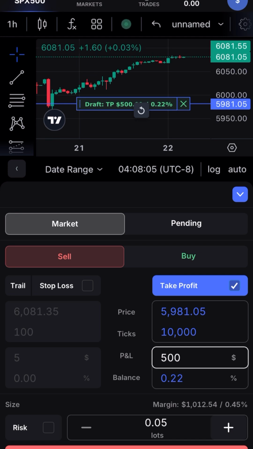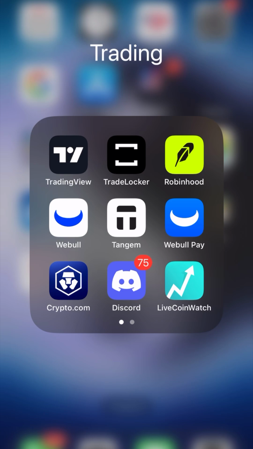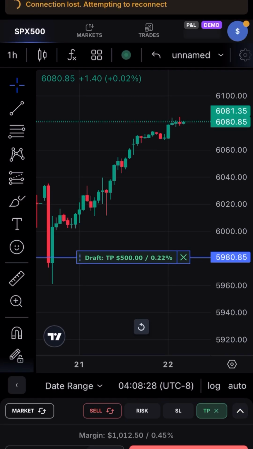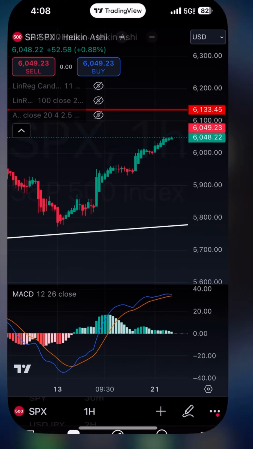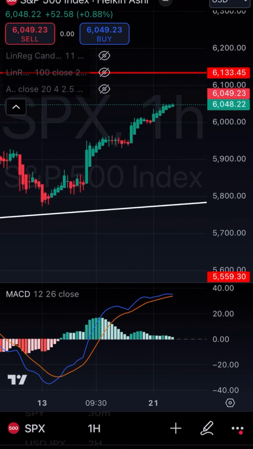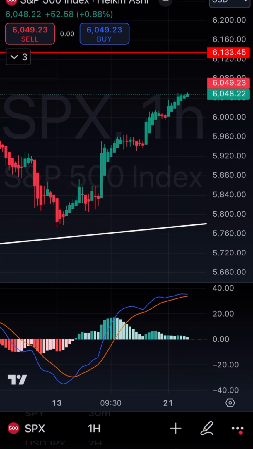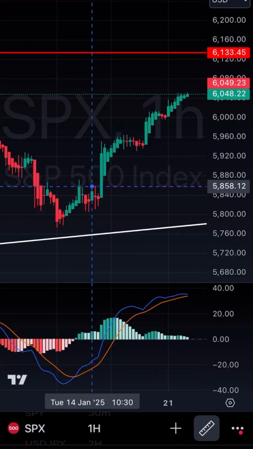This is the same number that we discussed. This is why 10,000 is kind of like a magic number, because at 0.01 with 10,000 ticks is 100 bucks. Doing it at 0.05 with 10,000 ticks is 500. So this is probably the easiest route to go, but you do have to wager more. You have to wager more for your lot size, so just make sure you have enough of a balance. So for this to work, to make 500 here, you have to get to